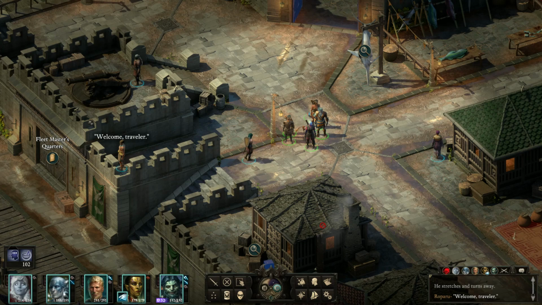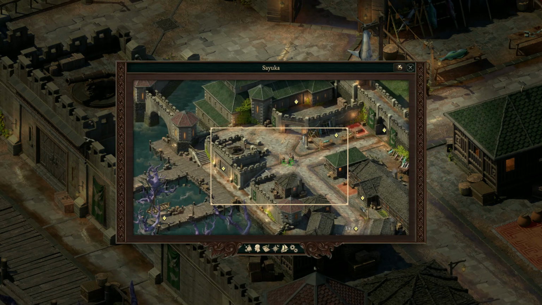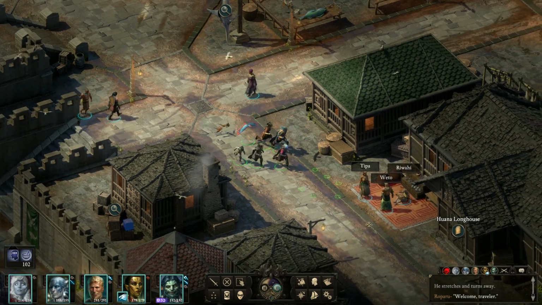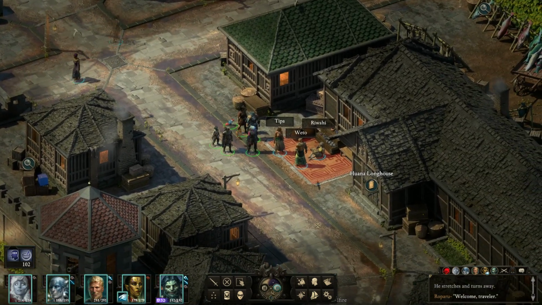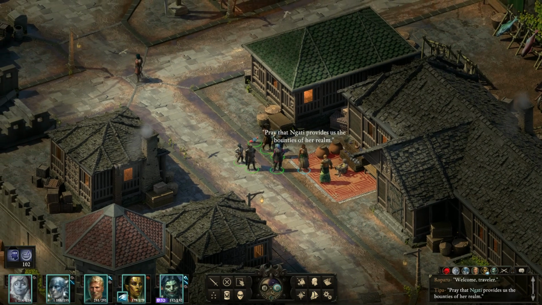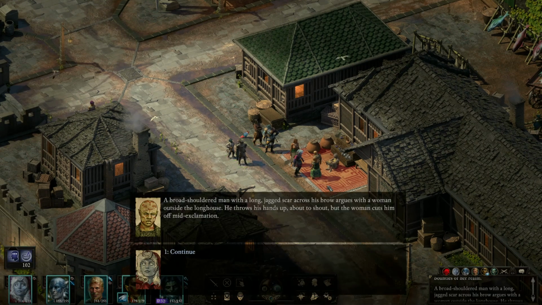Welcome, traveler. So we're up here. There's this here. We got docks down here. It's not a big place. Couple of named people. Pray that Nagati provides us the bounties of...